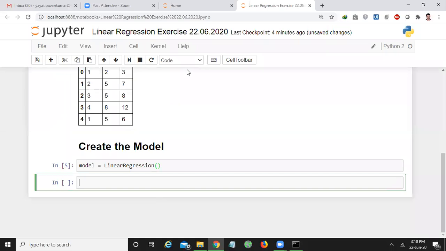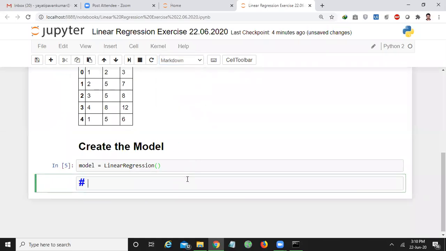Now I will configure the data, that is, configuring inputs and outputs.